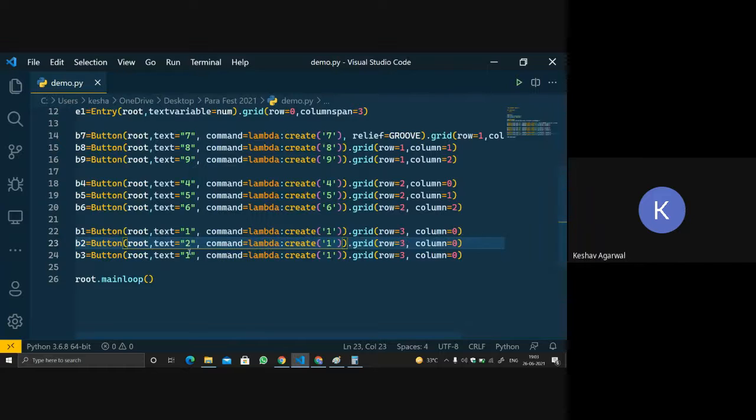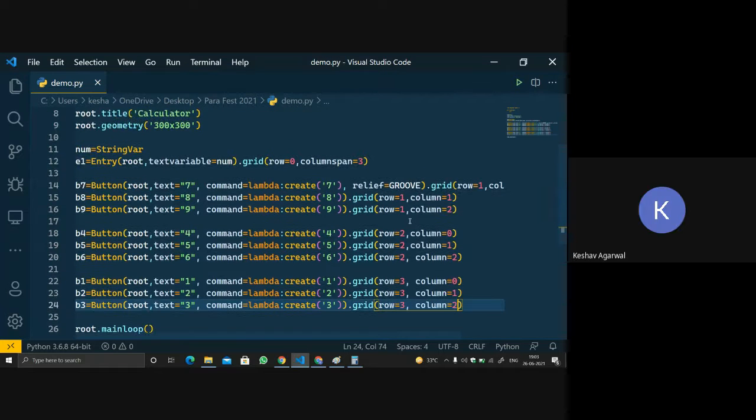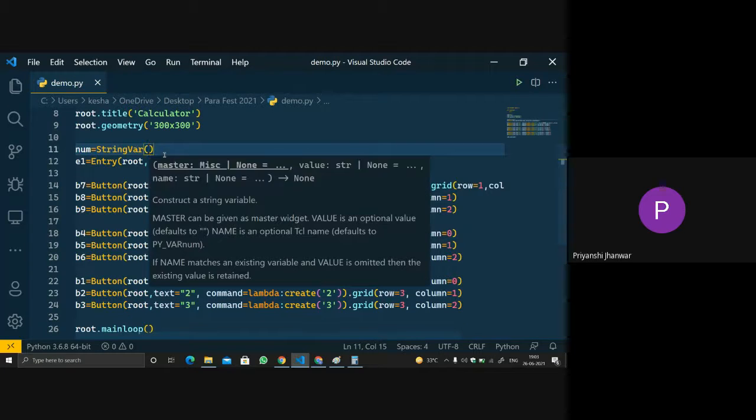Are you guys following me? Yes. So how many of you have completed the UI till here? Till where I am doing it now?